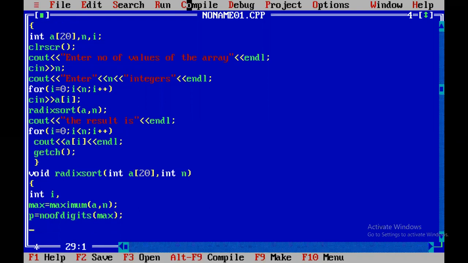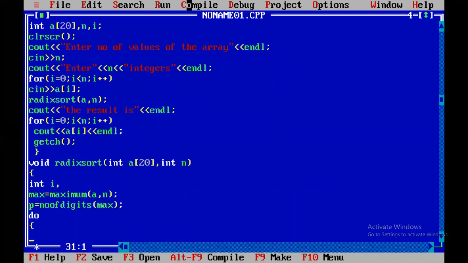So for k equal to 1, I will go for a do while, one easy process. So we require k passes. For each pass, what do we perform? First of all, extract the digits. In order to extract the digits, you first have to initialize all the buckets.